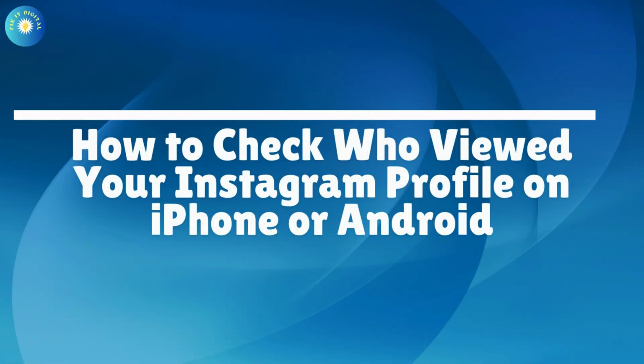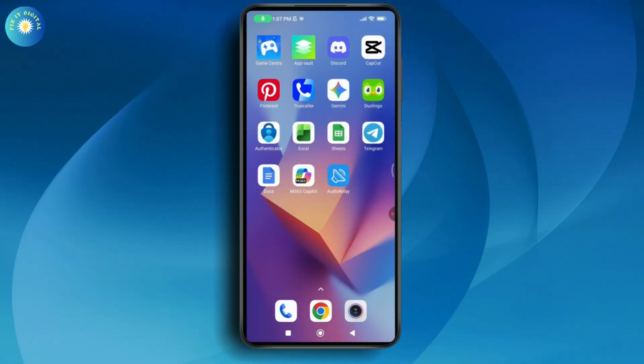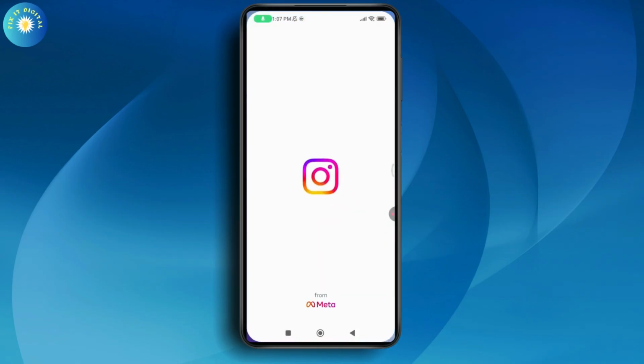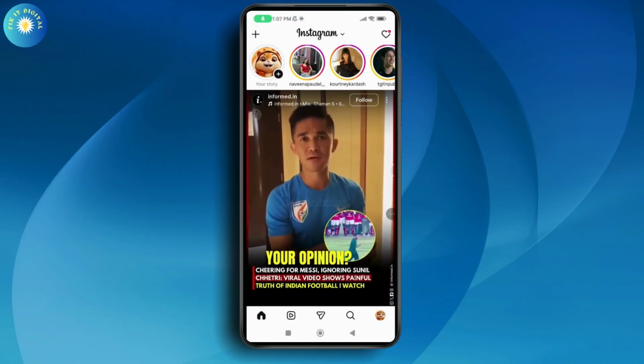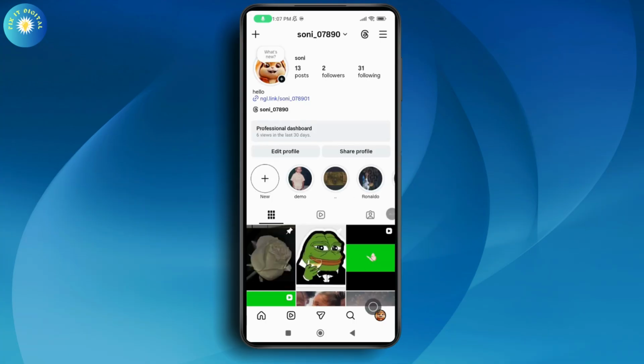How to check who viewed your Instagram profile on iPhone or Android. So if you want to check who viewed your Instagram profile on your iPhone or Android, then what you need to do is first you need to open up your Instagram application. After opening your Instagram, you need to go to your profile, which will be on the bottom right, and then